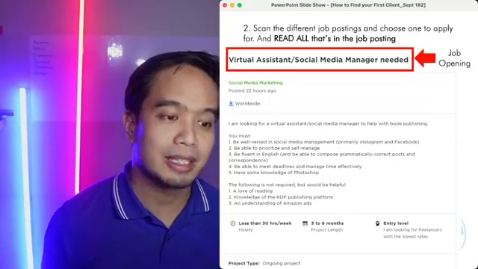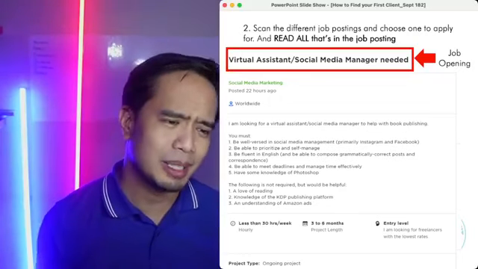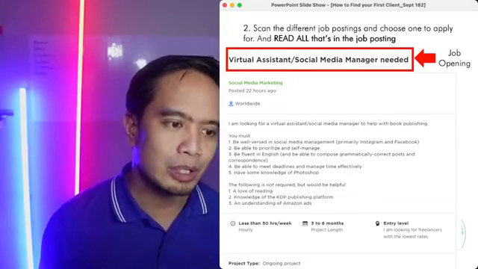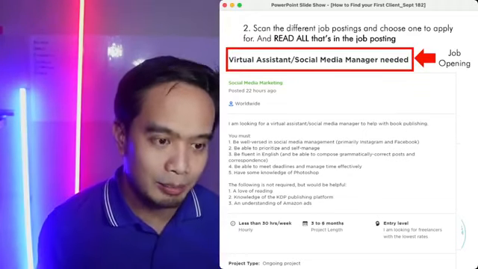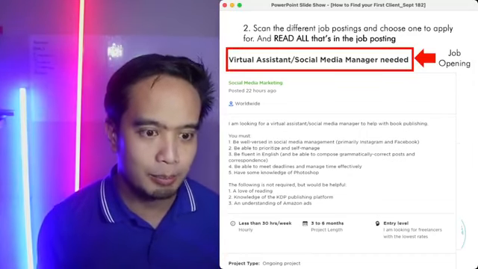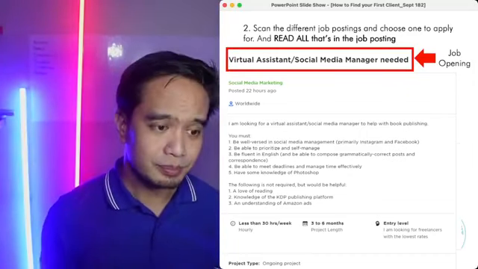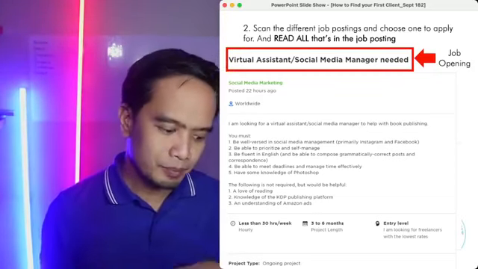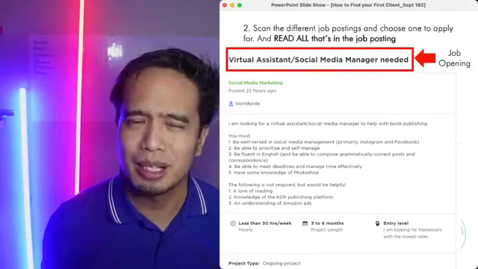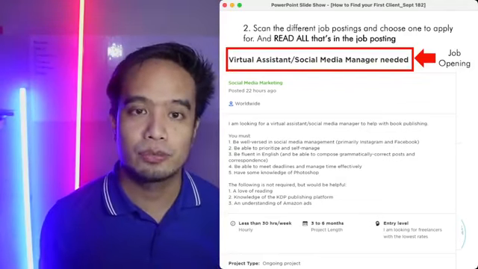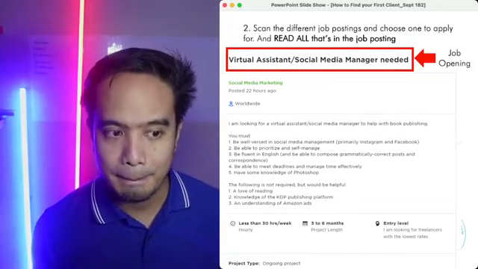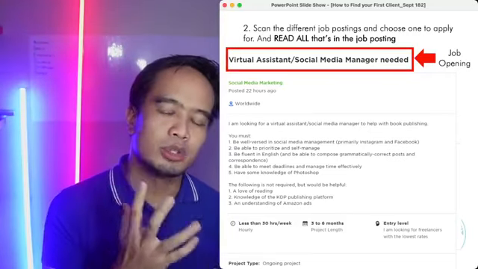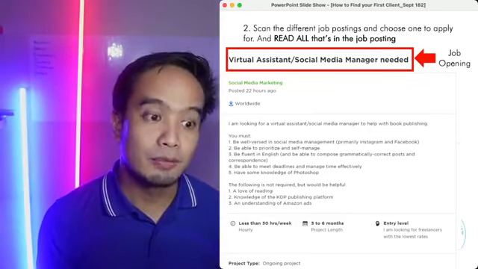Second is be able to prioritize and self-manage. Okay, so kailangan parang marunong ka mag-prioritize. If may experience ka in an office, hopefully you know how to do this. Third, be fluent in English and be able to compose grammatically correct posts and correspondence. Be fluent, hindi ka naman kailangan expert. Okay? Usually, mostly sa atin, are considered fluent na. Mga Pinoy, we are considered fluent because we can converse in English. We can have a conversation in English. Di ba? And usually, yun ang requirement nila, na fluent.